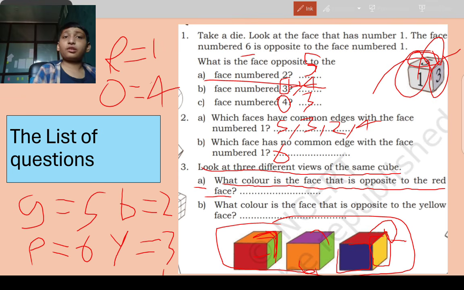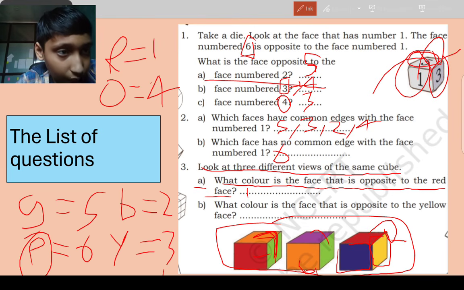So we got our entire chart. So now we can just simply do it. So red's opposite means 1, its opposite is 6. Given here. So 6 is purple. So its answer would be